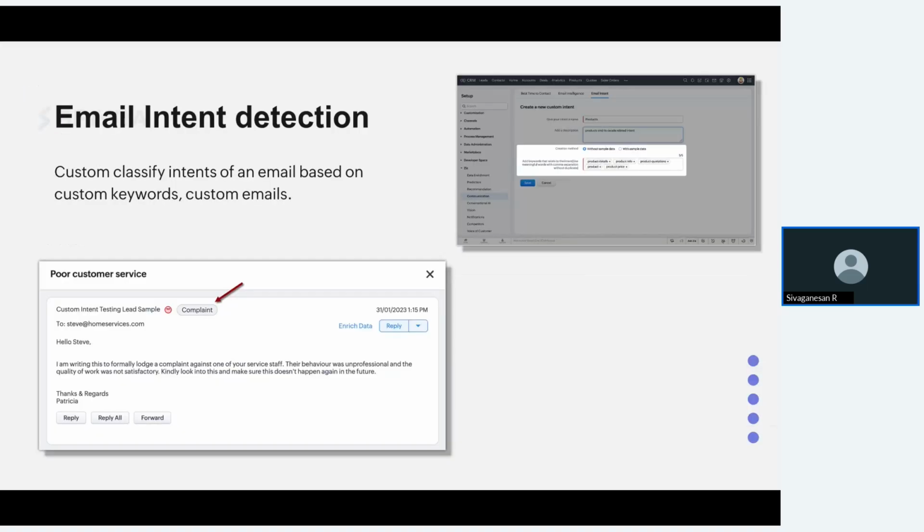As I said earlier, as you can see on this screen, Zia can predict the customer sentiment and mark that this email is regarding a complaint. Zia reads the tone of the email and flags it. So even if the message sounds polite, you can act early, respond personally and save the relationship with your customer.